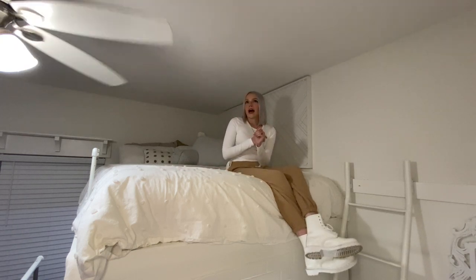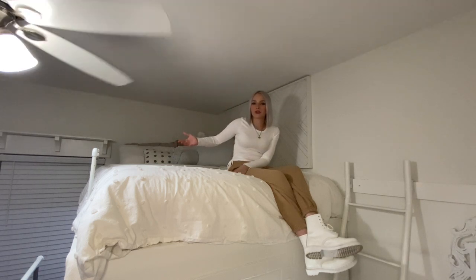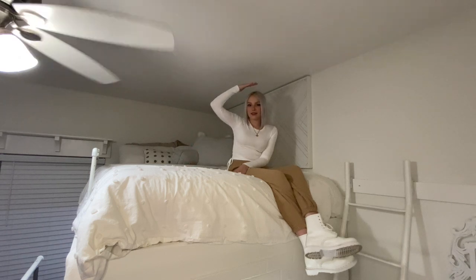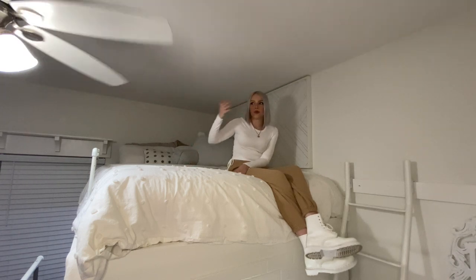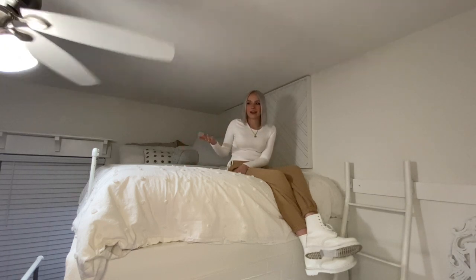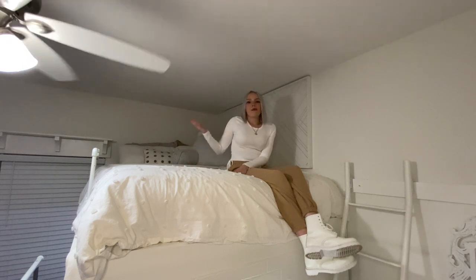Also though, I do have pretty high ceilings, and I'm also pretty short, so luckily under my loft, we made it so I can stand up without hitting my head. So I can stand perfectly under my loft, but people who are taller can't. My mom and dad can't stand up under my loft, or my boyfriend. But